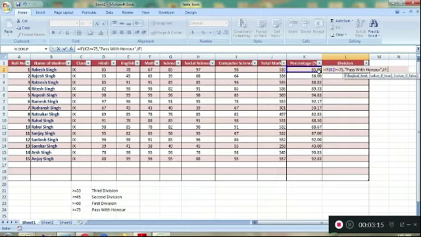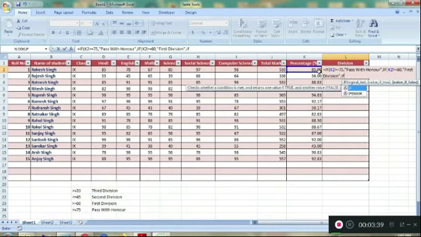Again, if K2 is greater than or equal to 60, comma, then in double quotes, first division. Again comma, if K2 is greater than or equal to 45, then second division.